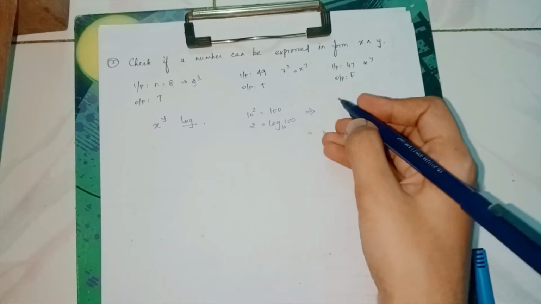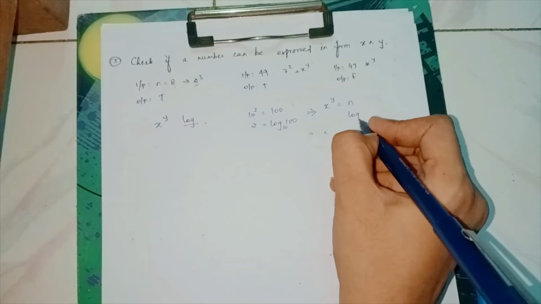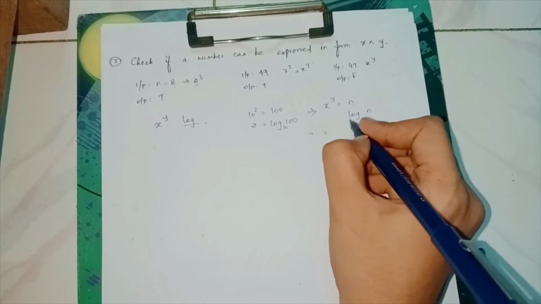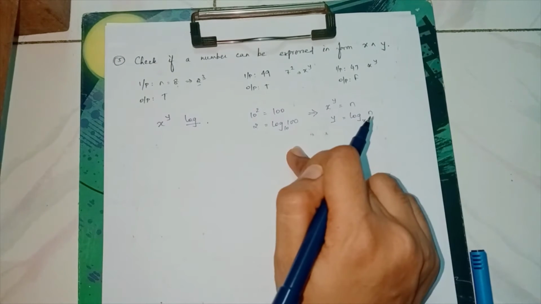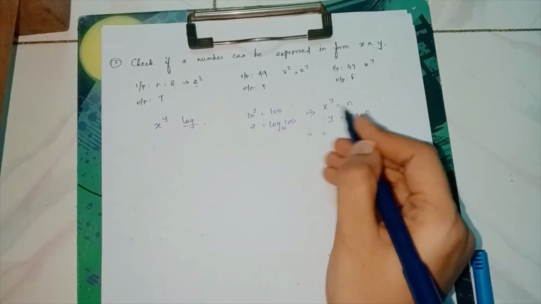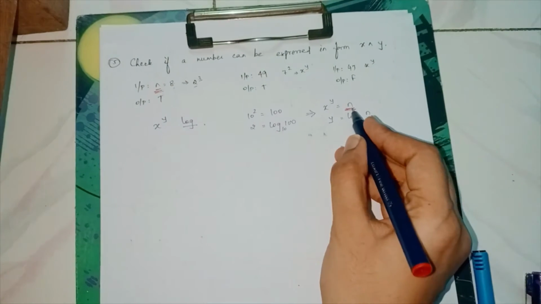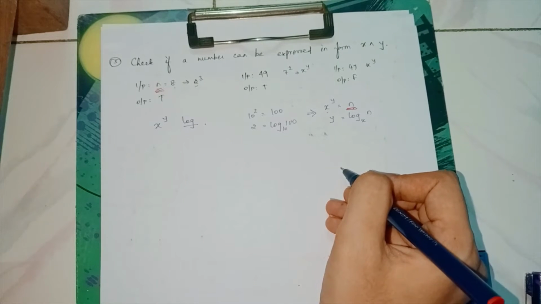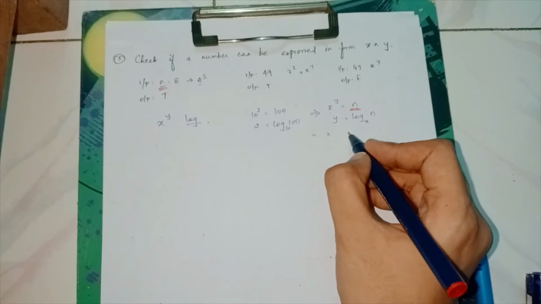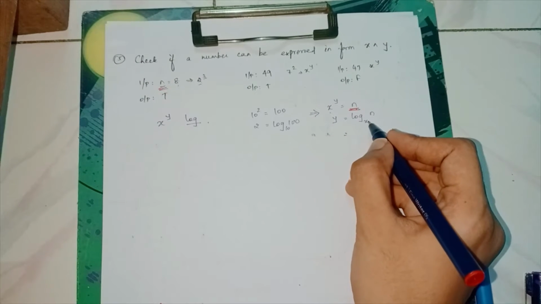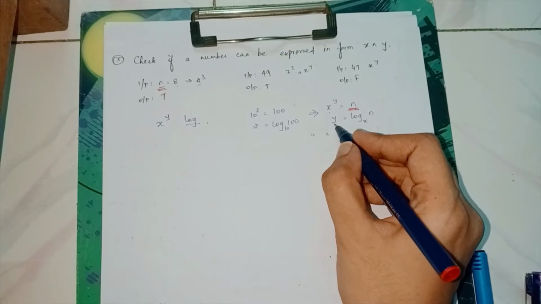So to write it in variable format, x power y is n, so log of n to the base x is going to be y. In this question, I will have to check if the number n that is given as input can be written in the form x power y. So what can I possibly do? I know log n. I can put in different values of x and see if y is a whole number or not.